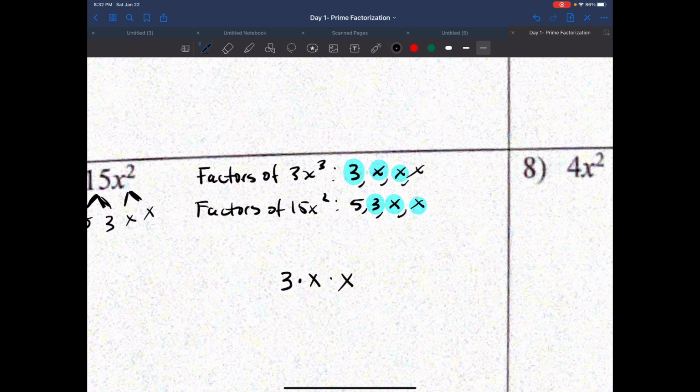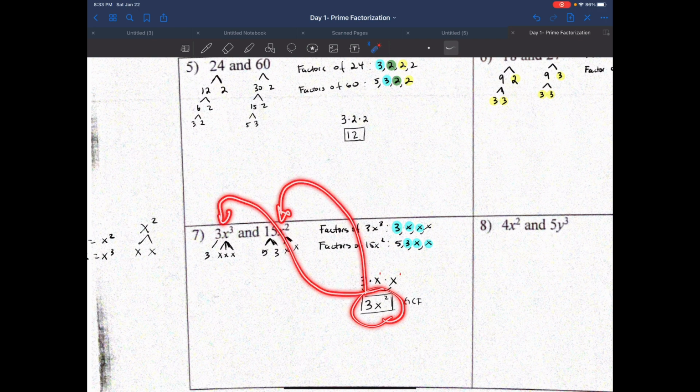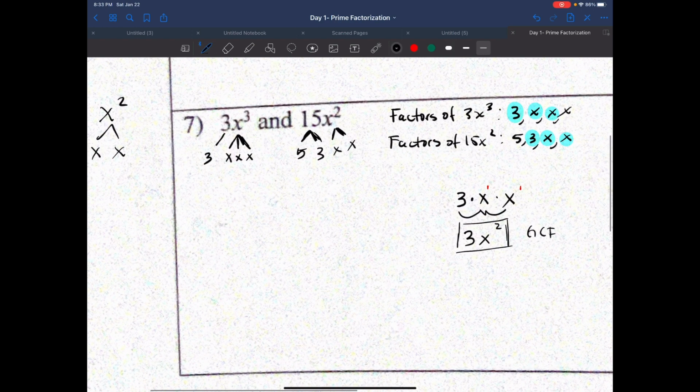So I'm going to go ahead and multiply. Well, 3 times x times x. Remember, there's an invisible 1 as their exponent. So this is going to be 3x squared. This is my greatest common factor, because this can go into 3x cubed and 15x squared at the same time, and we can verify that because 3x cubed divided by my GCF, which is 3x squared,